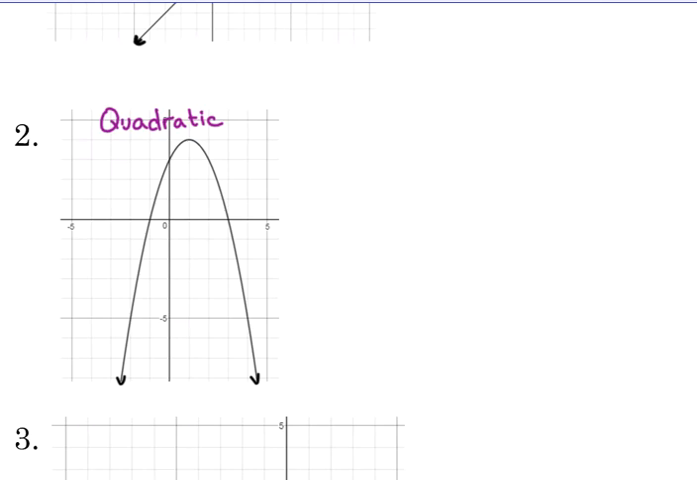All right, so domain-wise, we're talking about our x's moving left to right. It doesn't just appear out of nowhere. There are no gaps or anything like that. So this domain is all real numbers. And again, that's negative infinity to positive infinity. And we use a parenthesis. All right, now with our range,